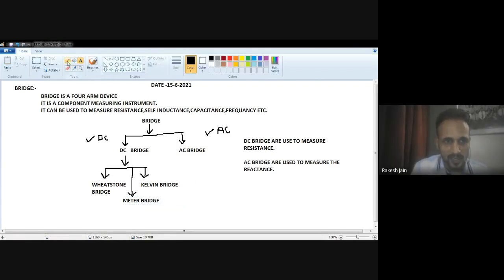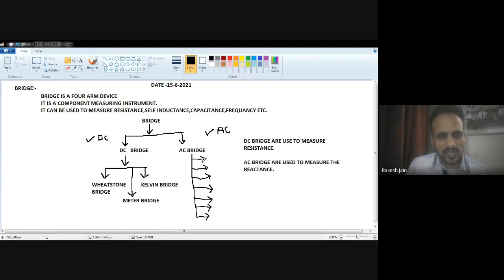Now the AC bridges: actually, AC bridges are of seven different types. The Wien bridge is used to measure frequency, and to measure the capacitance of a capacitor we use the Schering bridge. First of all, I just write down the names of those types. Also, Wagner earthing is possible where required in case of AC bridge, but in case of DC bridge, it is not required.